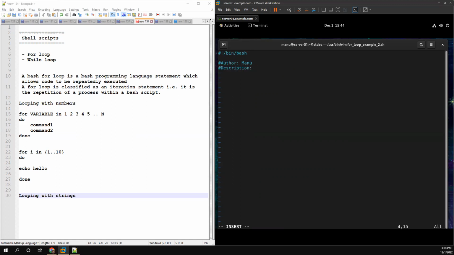There's always a best practice to add these comments. So in this example, the variable is I. It can be anything. Element. So for element in hydrogen, lithium, so I want